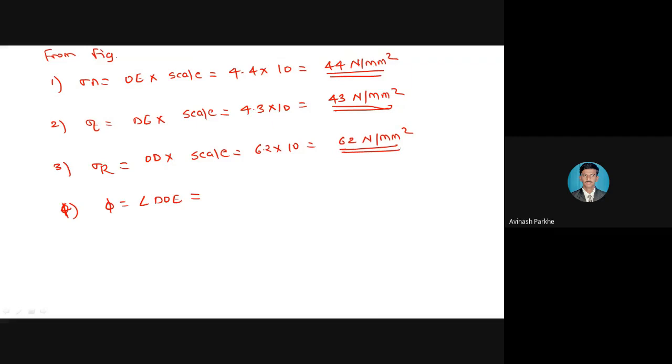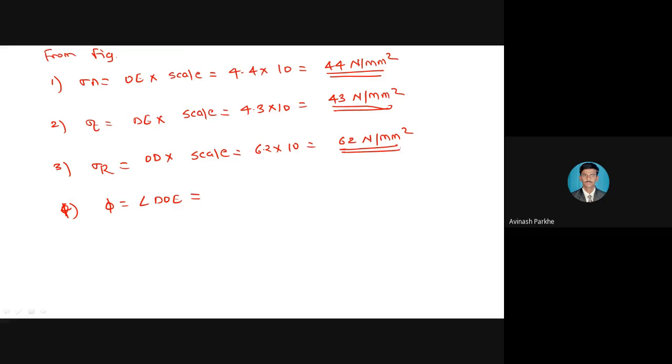So why are such variations taking place? Once again, it is due to instrumentation error, due to some manual error, and which type of pencil you are using. Based on that, your answers will also vary. So whatever the answers you get, all the answers should be near to each other. There should not be a large deviation. 6.6 is very high. All the answers are near 6.2, 6.1, 6.3 like that. So I will take 6.2 into 10, so you will get 62 Newton per mm square.